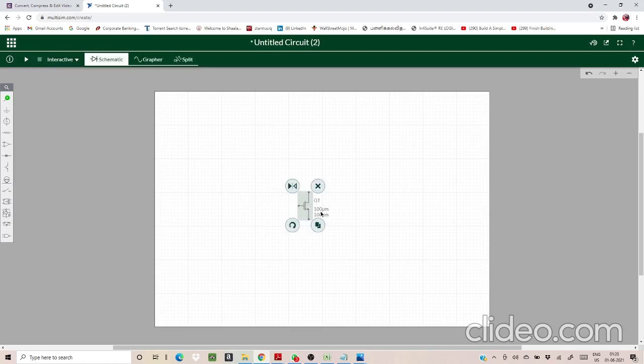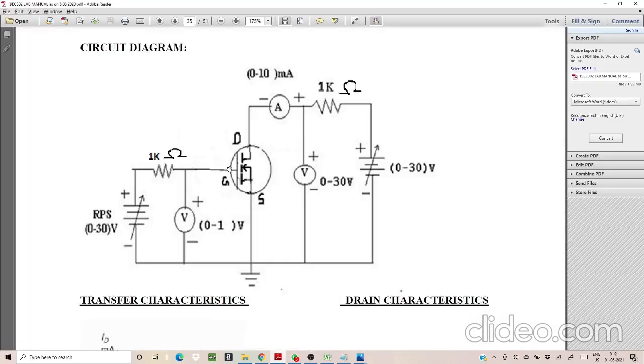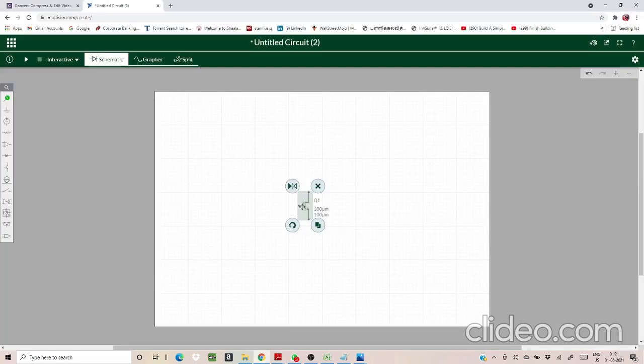As you can see, the NMOS symbol varies compared with your manual. The gate, drain and source, it varies; in the manual it splits up near the source part, but here in this simulation tab, you can see that they are attached together. You must change that. For that, just move to the right side.